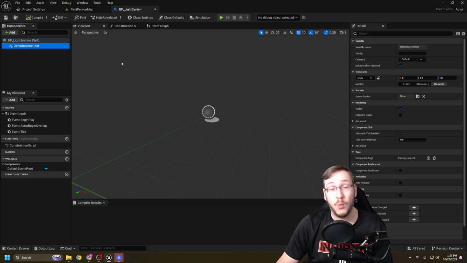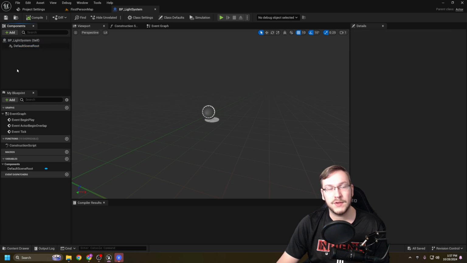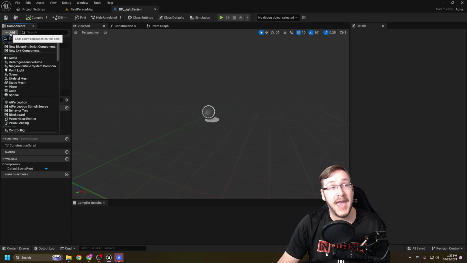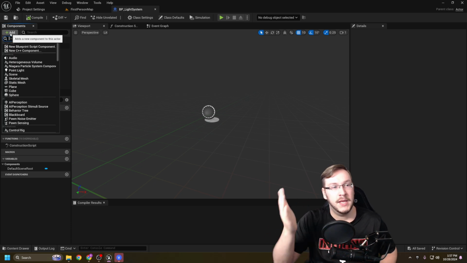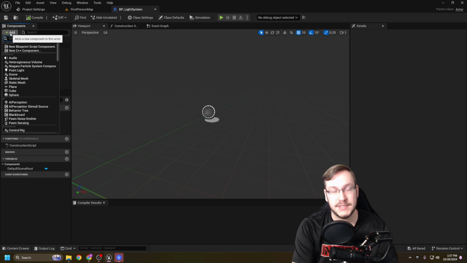For now, what I want you to do is just click in the components, specifically in an area where there's nothing, so you deselect anything you have selected. And there's a reason for that, but it's too complicated for right now, so don't worry. And with nothing selected, I'm going to go ahead and click Add, because we're going to be adding a component to our blueprint. So we know this is going to be a light system, so I'm just going to type